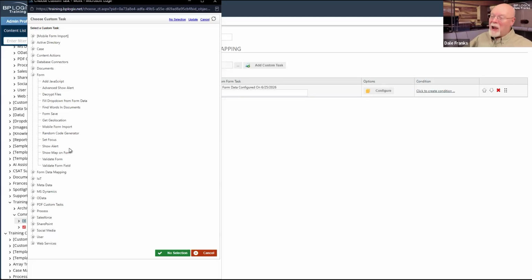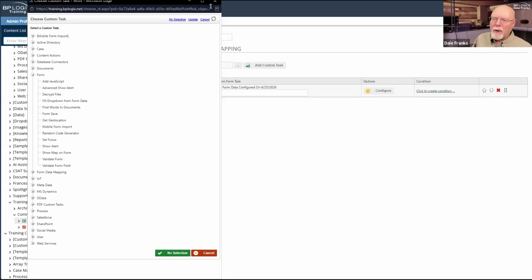So if I'm running in a form, I have a lot of context that's useful to me to run. If I'm running in a timeline, the form is not currently running usually, which means I don't necessarily have the form context I need to run from a process timeline. So especially here for the form type of custom task, a lot of these custom tasks you're just incapable of running from a timeline.